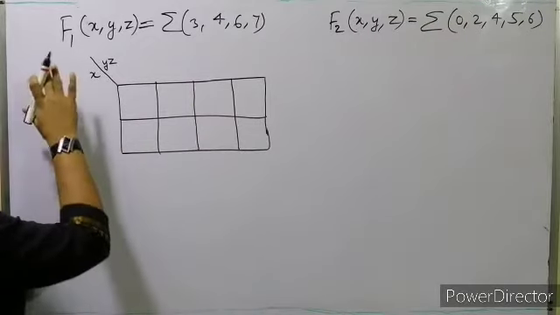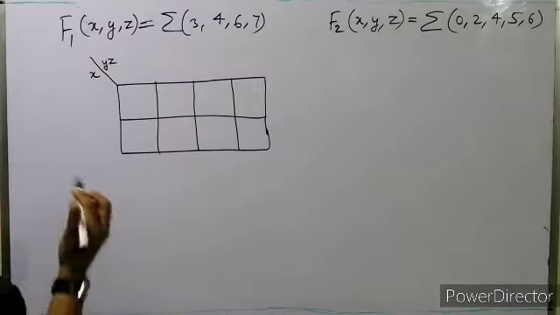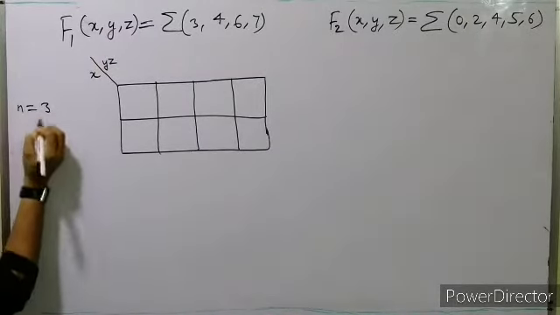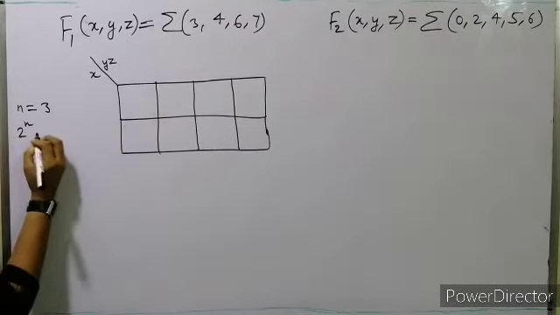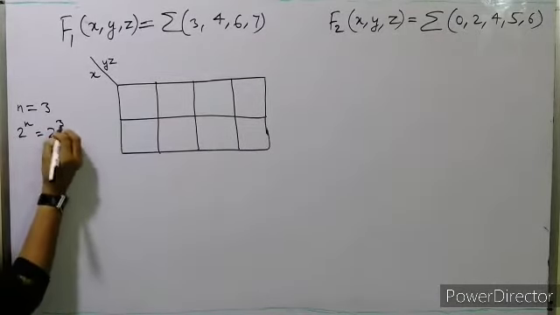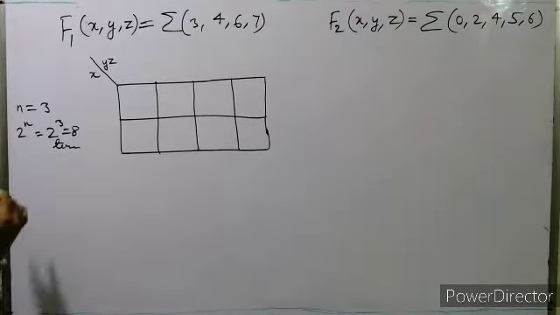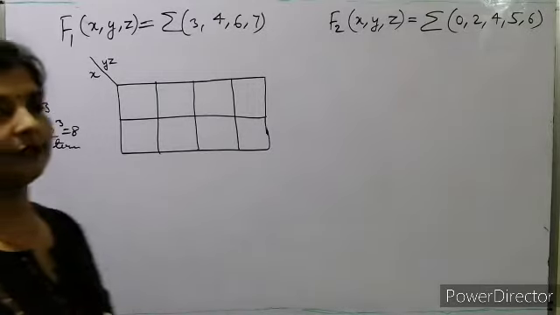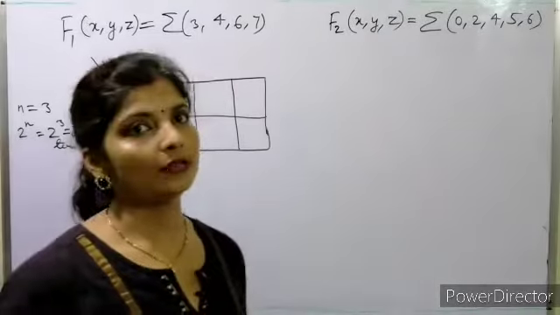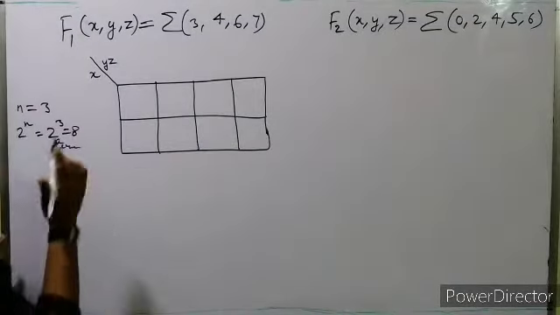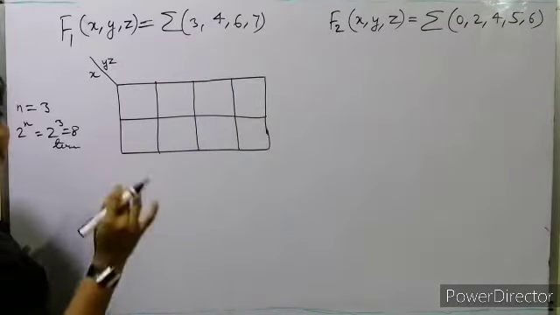First one, we'll do F1 first. F1 has x, y, z, three variables, meaning if we have three variables, n is equal to 3, how many terms will be there? 2 to the power n terms. So that is 2 to the power 3, meaning we will have 8 terms, right? So 8 terms, meaning 0 0 0 to 1 1 1, there are 8 terms starting from 0 0 0 to 1 1 1. Okay, now these are the min terms given and we have to take that.